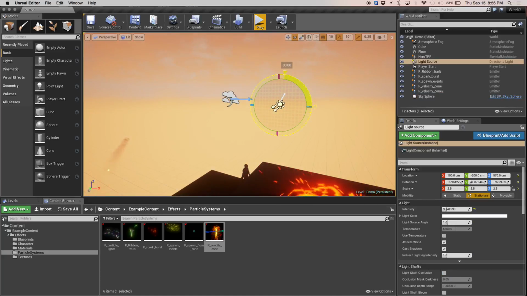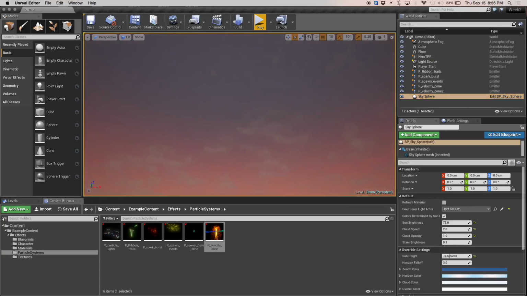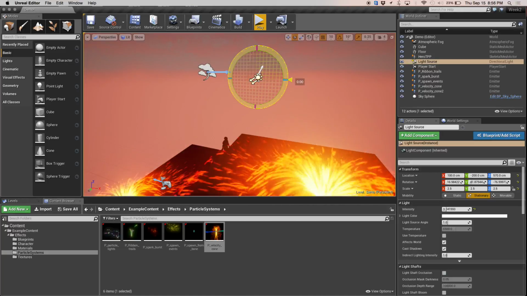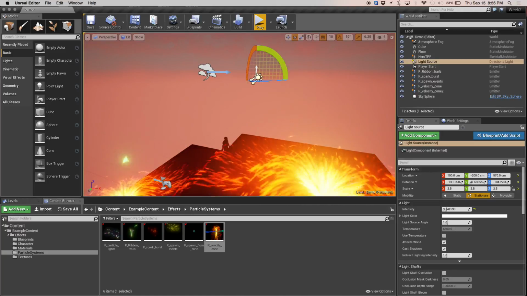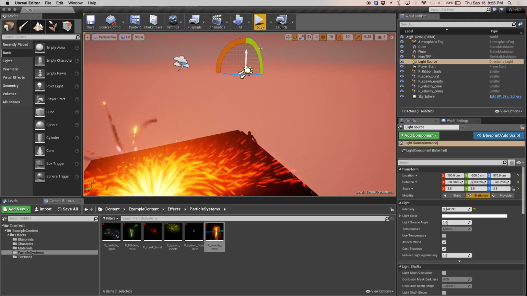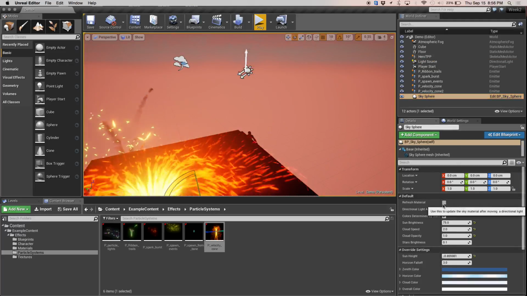And then I'm going to make it really dark. Then I'm going to go back to the sky sphere and update. There we go. Now we've got stars out, or maybe not just yet, but we will in a second. You have some really dramatic lighting right here, and I haven't really done that much. Let's see if we get some stars at night. They're big and bright. There we go.